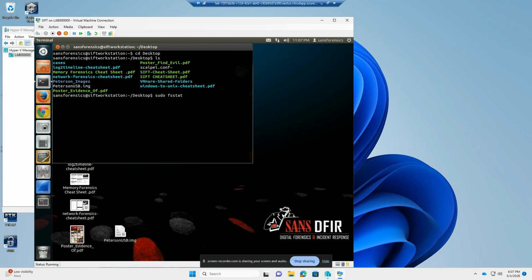And like I discussed in the beginning, this will give us details about the file system we have chosen. And then next is the file system we have chosen, which I also said in the beginning is going to be the Peterson USB.img file. Now that is the complete line of code,